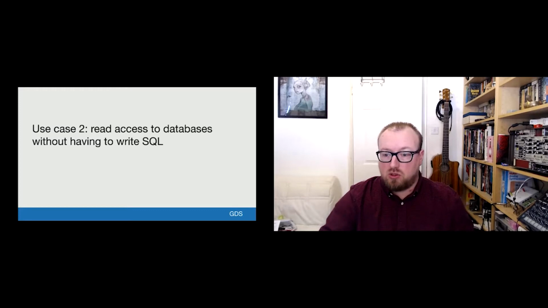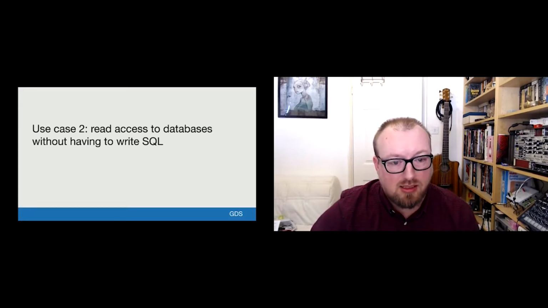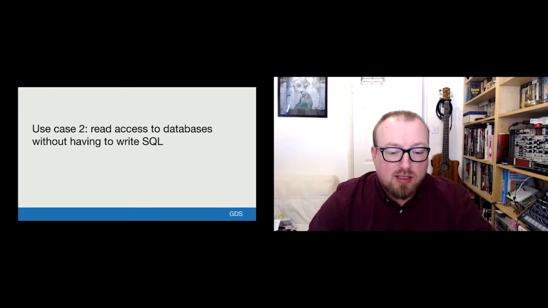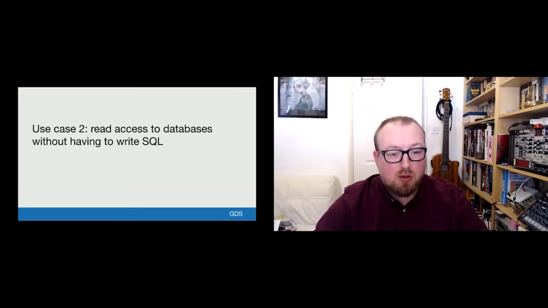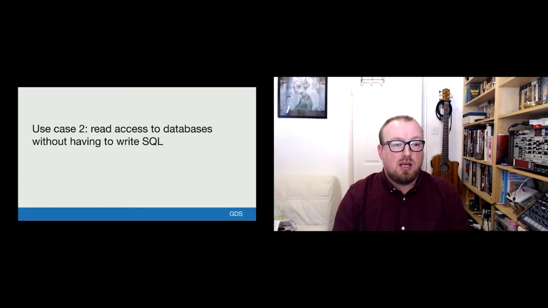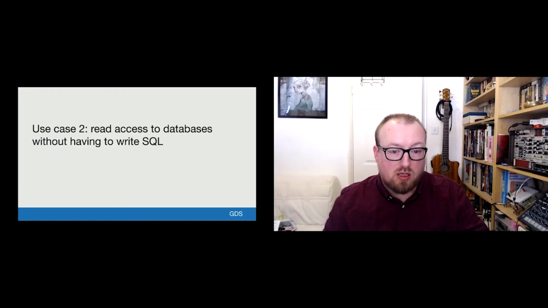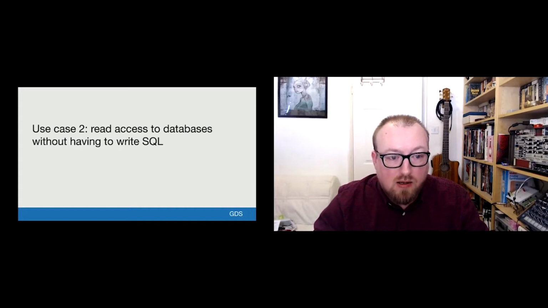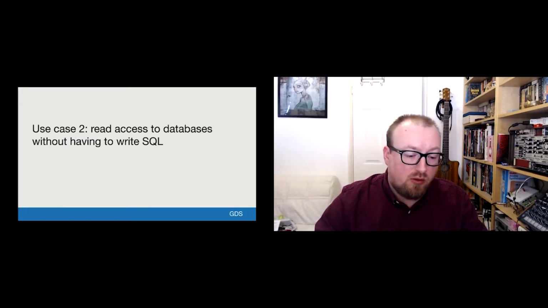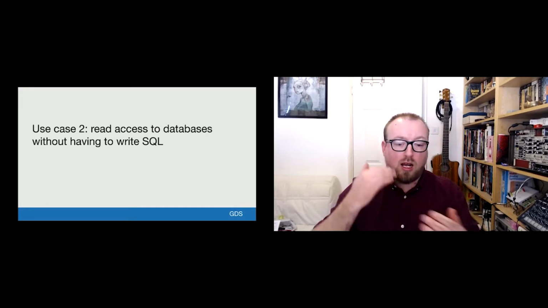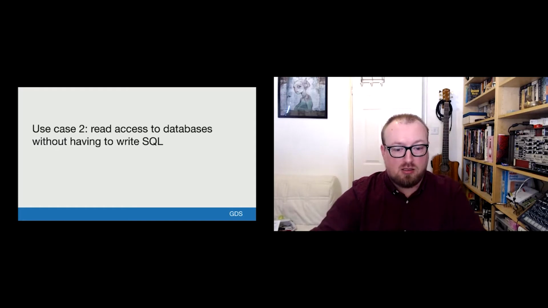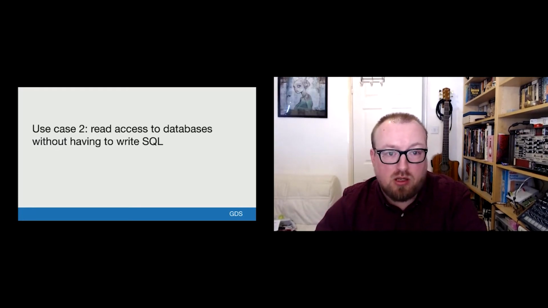The second use case I want to talk about is quite an interesting one. It's how to access databases without having to write SQL. This is something we use with some of our analysts. Rather than giving out database access, and nobody wants to give out database access, it's how to let users query a database while having that one-way protector, that read-only access with no possibility of